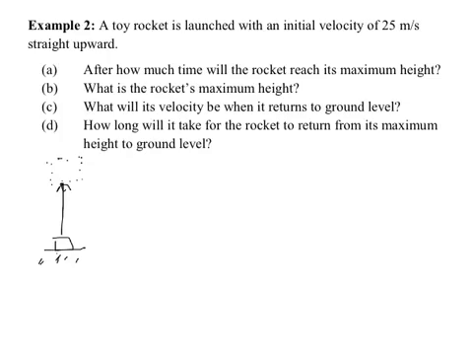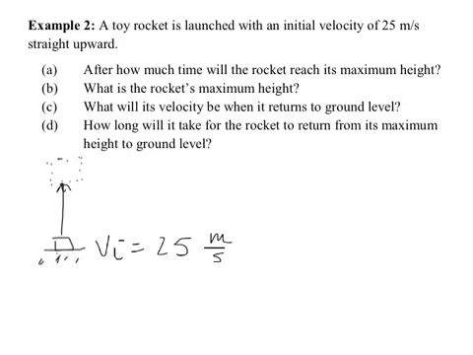So we have to think about this problem in parts. We're not thinking about the problem as if it's launched and comes back to the ground, but simply if it's launched and it stops at max height. So we're looking at the first half of the problem. You can make the analogy that it's a piecewise function, broken up into little parts. Okay, so what we have here is an initial velocity of 25 meters per second,